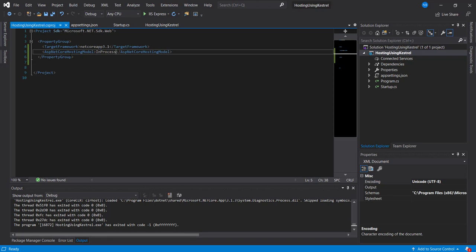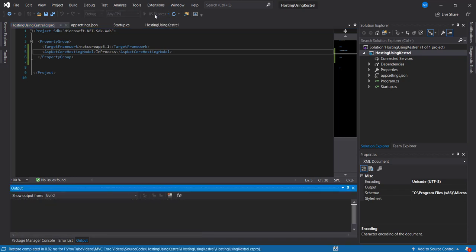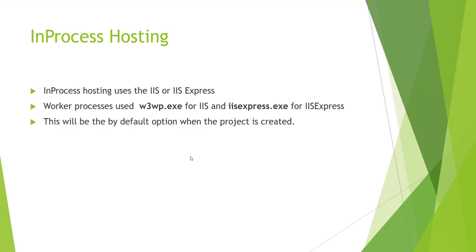I have changed the ASP.NET Core hosting model to in-process and let me run IIS Express now. You can see that my worker process name is now set to IIS Express. When you create an application by default, no ASP.NET Core hosting model is mentioned.